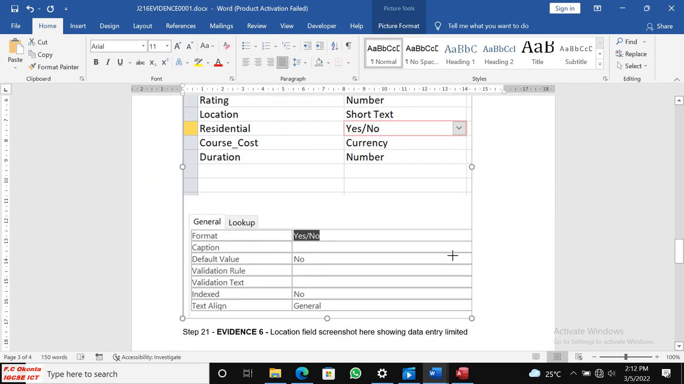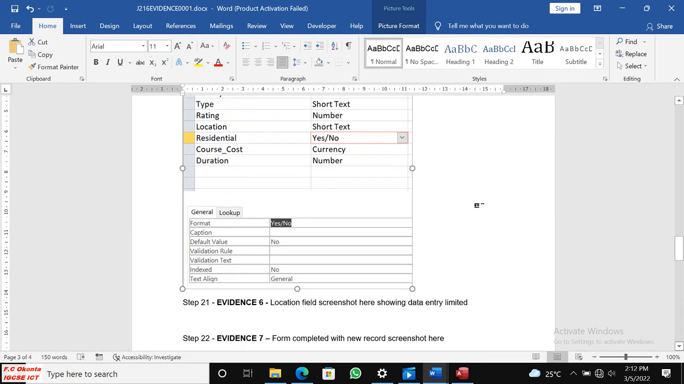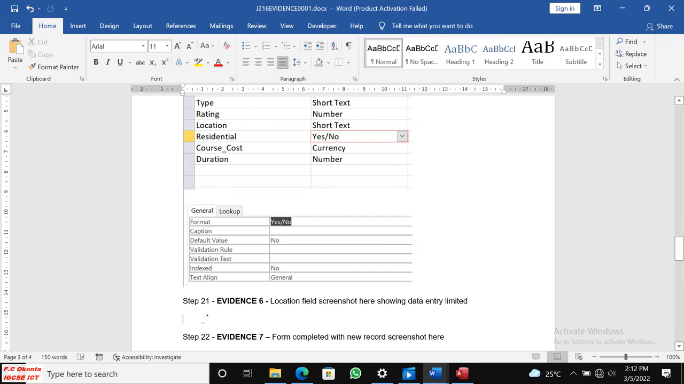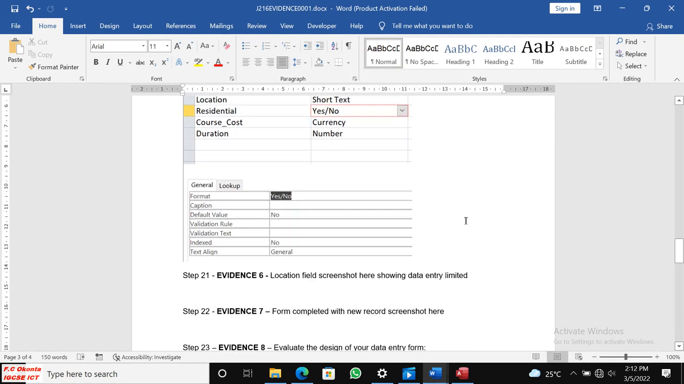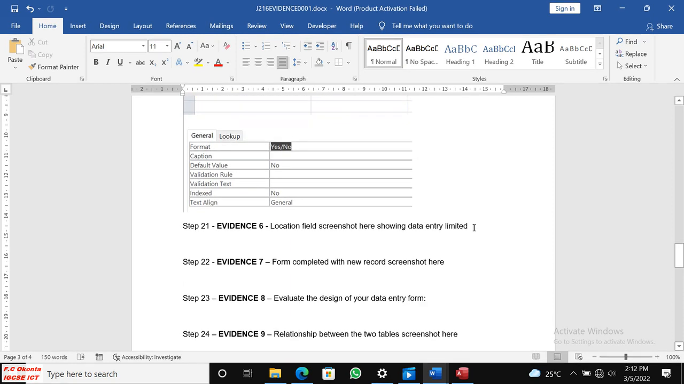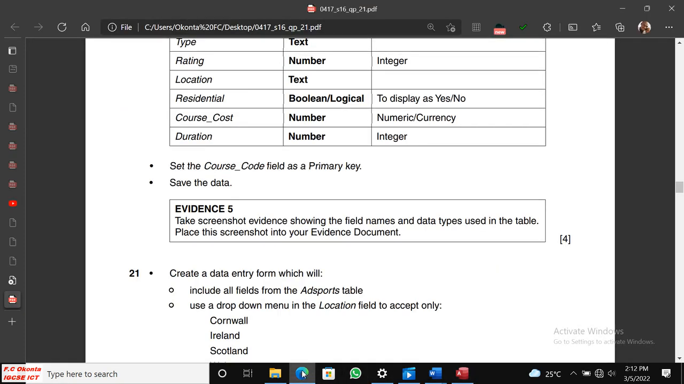I can reduce it a bit, just enough so that when it is printed it's still clear. Don't over-reduce it so that when it is printed it's not very clear. Just try and adjust it a bit, but not too much, so that when you print it, it's clear. Okay, alright, so the next thing is